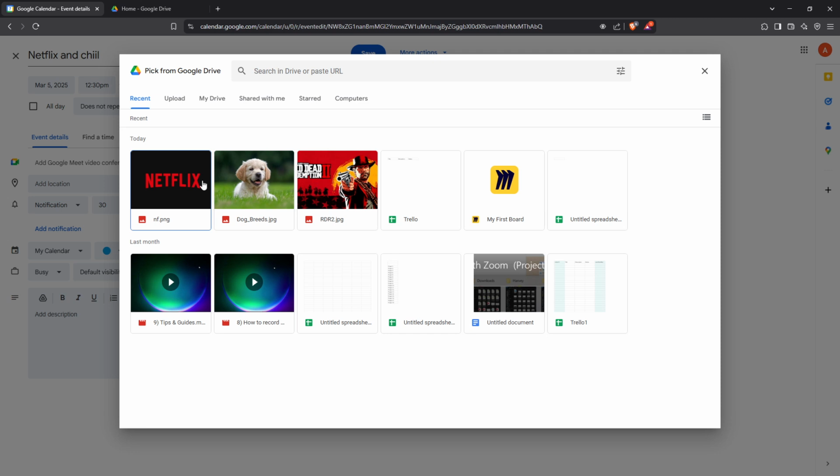Now it's time to choose your desired image from Google Drive. Take a moment to locate the image you'd like to attach. Once you find it, simply click on it. The image should then be highlighted, indicating it's ready to be attached to your event. Adding images can really enhance the visual appeal of your calendar, making it easier for you to differentiate between events